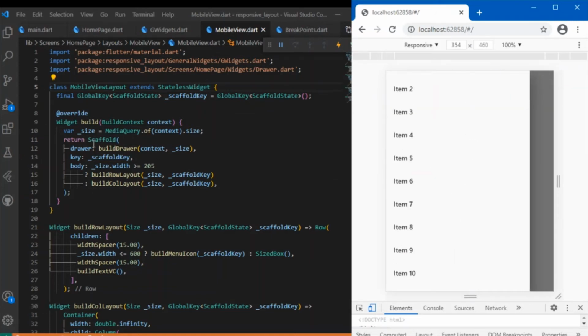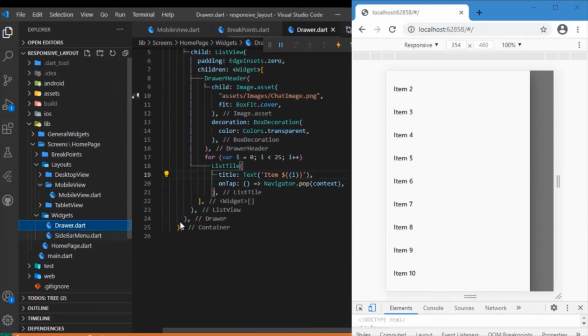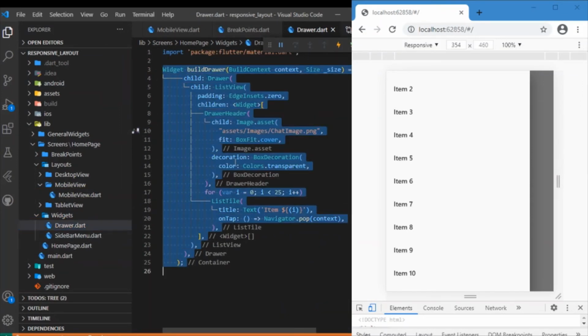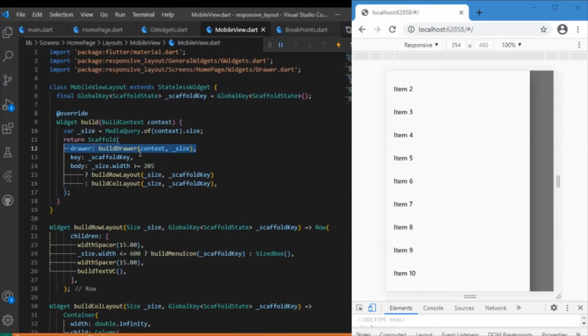Inside the scaffold, we will be assigning the drawer. This drawer you could find inside the widgets folder. So this is the drawer, and it is purely concerned with the UI stuff alone. So just leave that UI stuff for now, and focus on the logic, the thing that we need. It also takes a key, which is the scaffold state, and it renders.